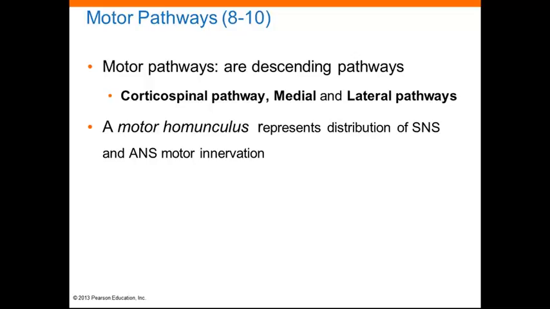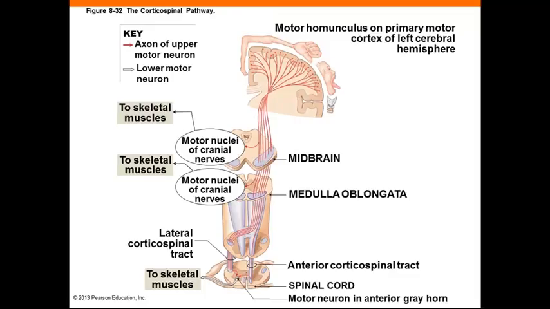And as is the case with the sensory homunculus, the proportion of the motor units present in a region of the body is not always proportional to that region's size. So you're going to get another picture here like the first one we saw, but this is an example of the corticospinal pathway. So these are motor. So instead of starting at the bottom of this figure, we're going to start up at the top with the primary motor cortex. So the corticospinal pathway begins at those triangular-shaped pyramidal cells of the cerebral cortex, and the axons